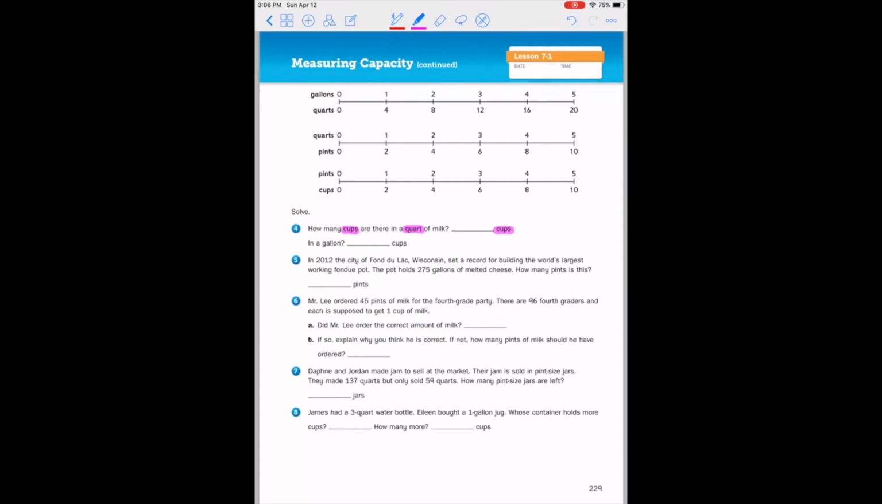Okay, so you will notice that there isn't one, but there is a measurement scale that goes from quarts to pints, and then from pints to cups. So we have to do a double conversion here. So for 1 quart, there's 2